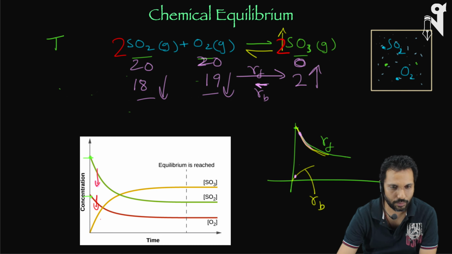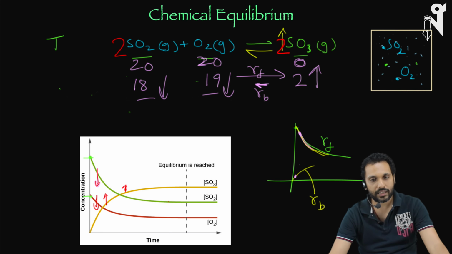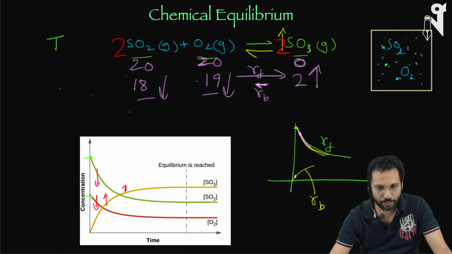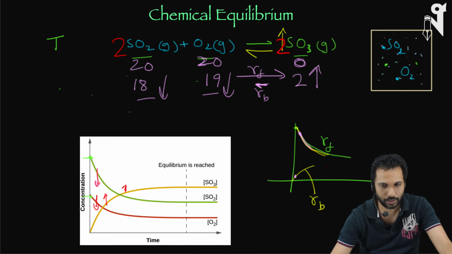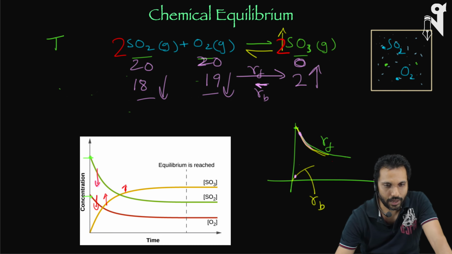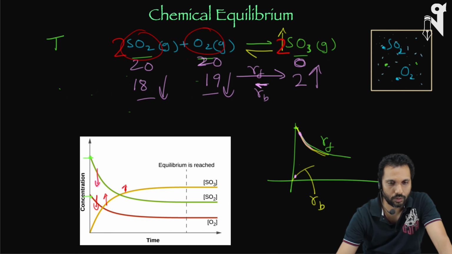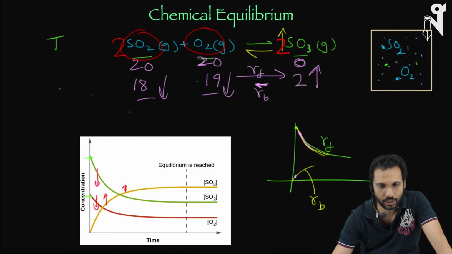It was nothing, but the value is going up. Eventually, as the SO3 value goes up, the backward rate goes up. The backward rate goes up, and when the values of SO2 and O2 go down, the forward rate goes down,